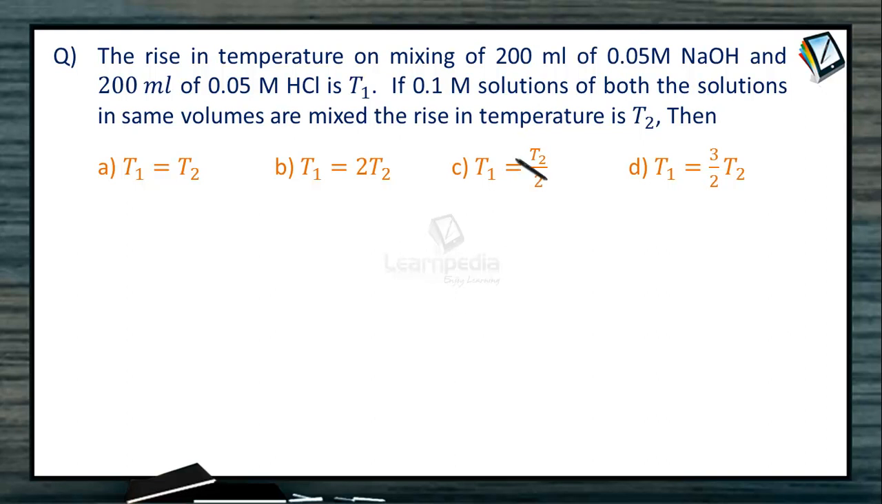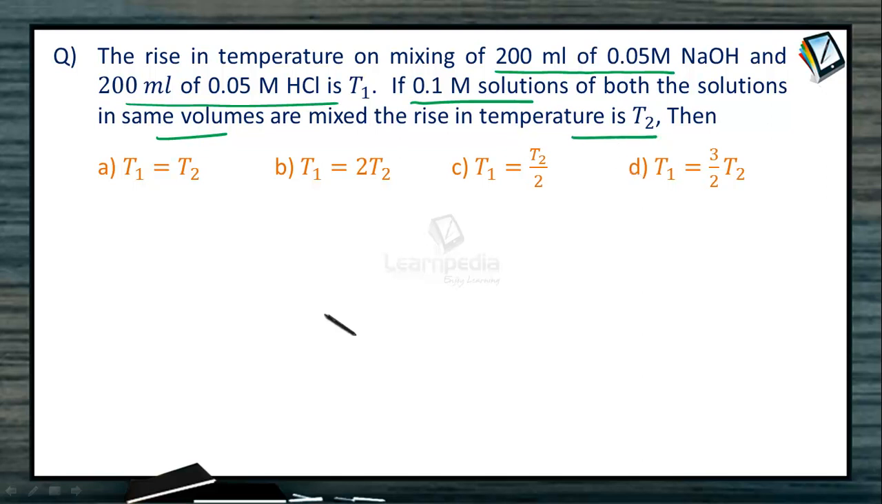This is related to the heat of neutralization. The rise in temperature on mixing of 200 milliliters of 0.05 molar NaOH and 200 ml of 0.05 molar HCl is T1. Instead of 0.05, if we use 0.1 molar solutions of both the substances in the same volumes, now we need to find out the rise in temperature is given as T2, and now we need to relate between